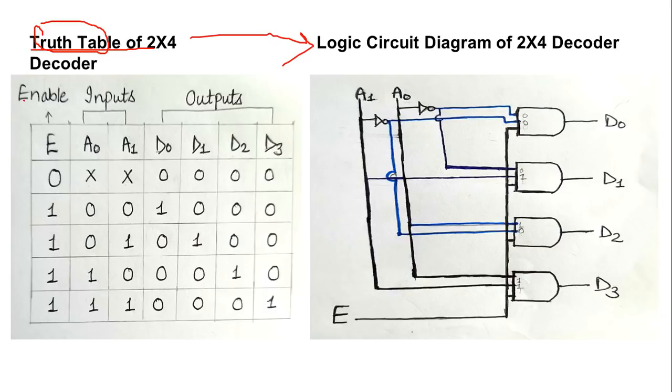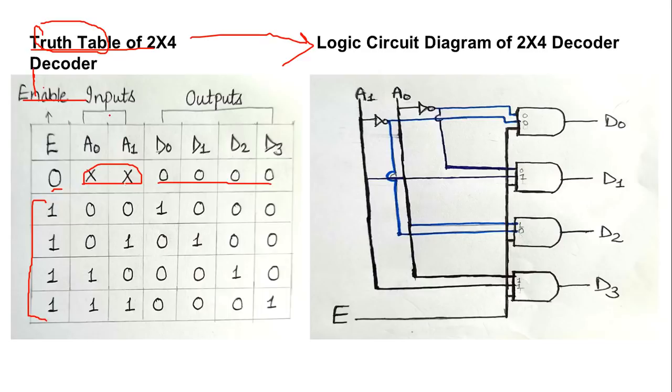So in the decoder, the very first thing is there should be an enable. If the enable is there, then we should know the significance of enable. Enable is nothing but turning on this particular circuit. A very simple example I have given you was of the remote car. If the remote car switch is turned on, only then will the remote car work, otherwise it will not work, right? So if it is not enabled, then whatever values you provide at the inputs, you are not going to get the required answer.